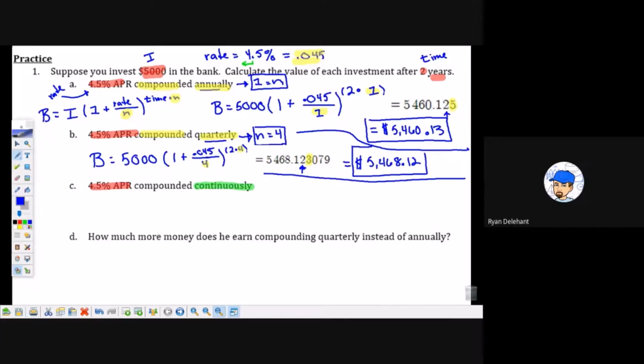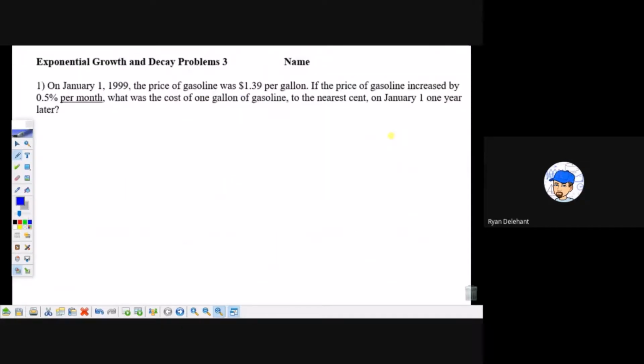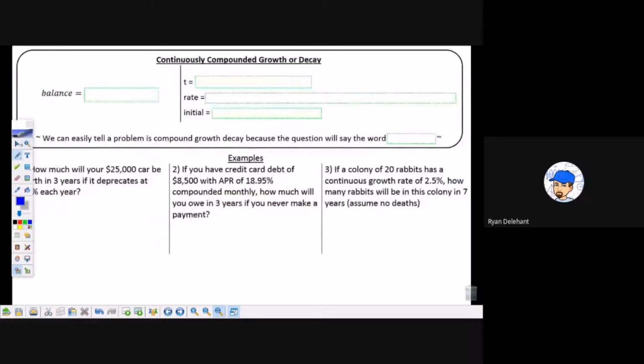Now, we get to this last one. Percentages, time, initial investment stayed the same. I'm still compounding, but now I get this one called continuously. Continuously changed our formula. This is the one where we got the weird letter in our formula, where it looked